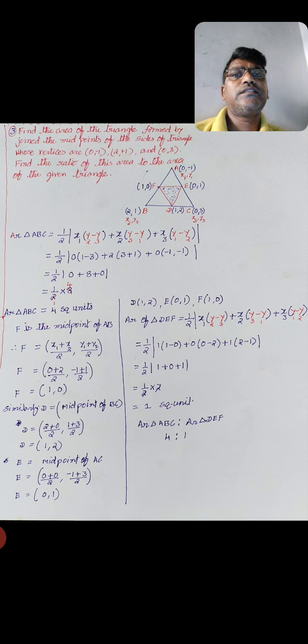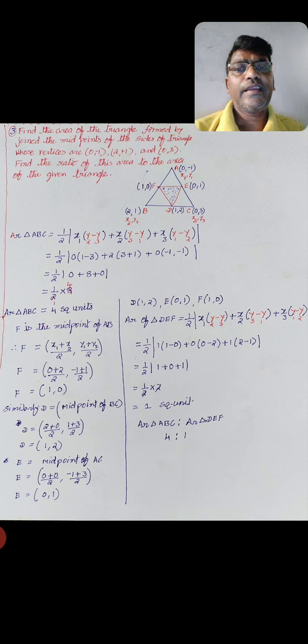Next question: you are going to find the area of the quadrilateral. If you join the diagonals, the quadrilateral is divided into two parts, which means two triangles are formed. Again, by using the triangle formula individually for triangle number 1 and triangle number 2, and adding these two, you will get the area of the quadrilateral.